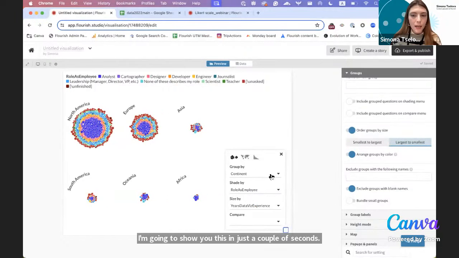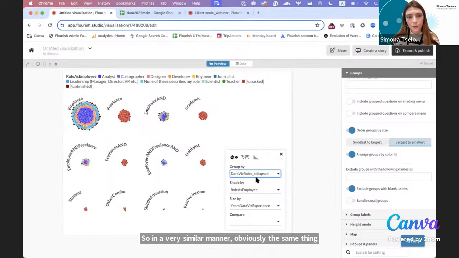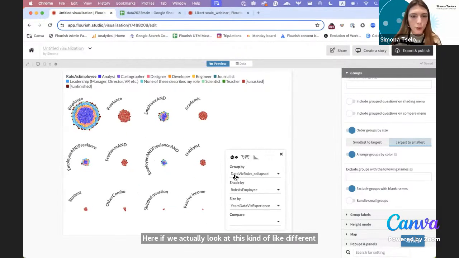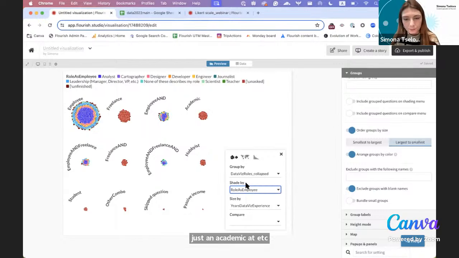So in a very similar manner, obviously the same thing we did with the country, I'll probably have to do the same with the data viz roles. Here, if we look at these different views, or maybe group this a bit better for you to see this a bit bigger, you can see that if you're an employee, you're an employee, okay, but you can also be freelance, or an employee and a hobbyist, or an employee and academic, or just an academic, etc. And even if I shade by this,